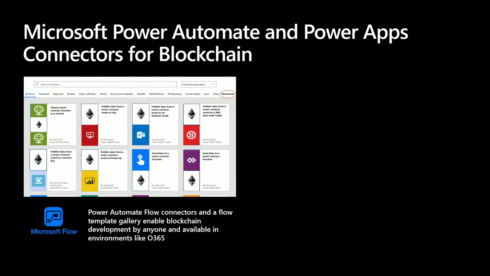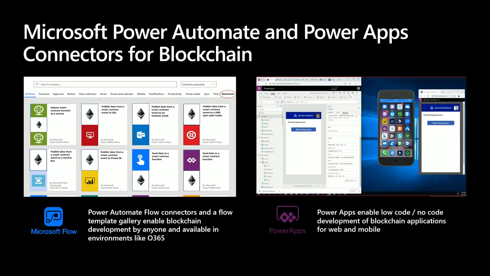So how do you make it easier? One of the areas that we invested in early on is we worked with the Microsoft Power Apps, and at the time, the Flow team, now Power Automate team, to create Ethereum connectors for Power Apps and for Power Automate. And these Ethereum connectors make it such that you don't have to write the custom logic in between to connect common services together. This gives you an input and output mechanism with low to no code.